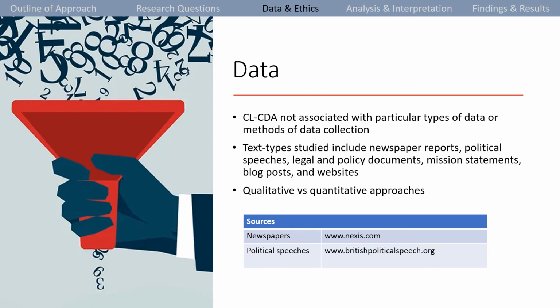Another entirely different approach to data, which is often taken in cognitive linguistics CDA, is to identify or collect yourself a reasonably large corpus of texts and treat this collection as a repository of examples which can be used to identify and illustrate the range of conceptual parameters along which ideology may be enacted in a given discourse. This is the strategy that I follow in the particular case study here.